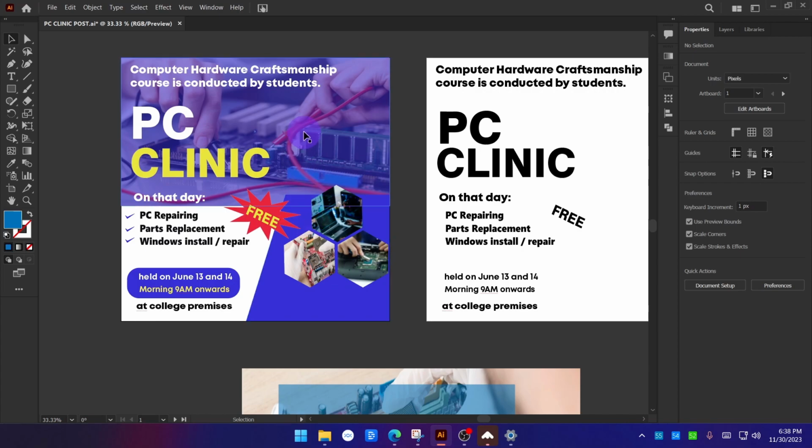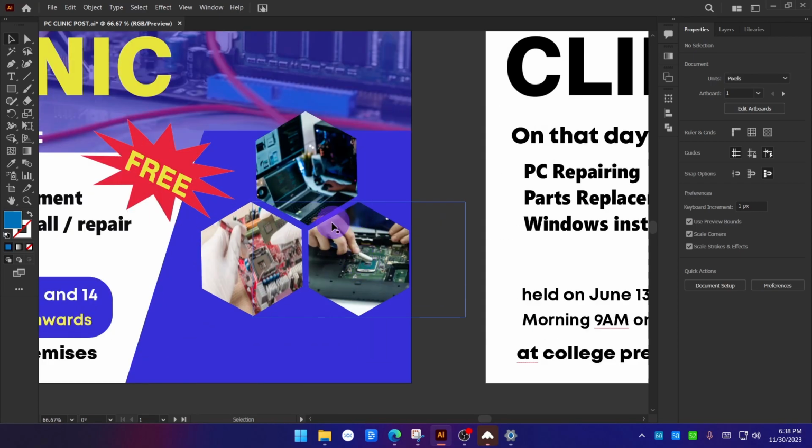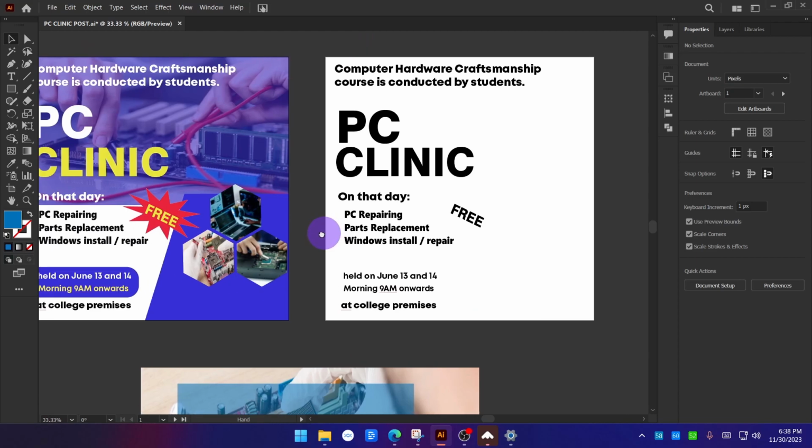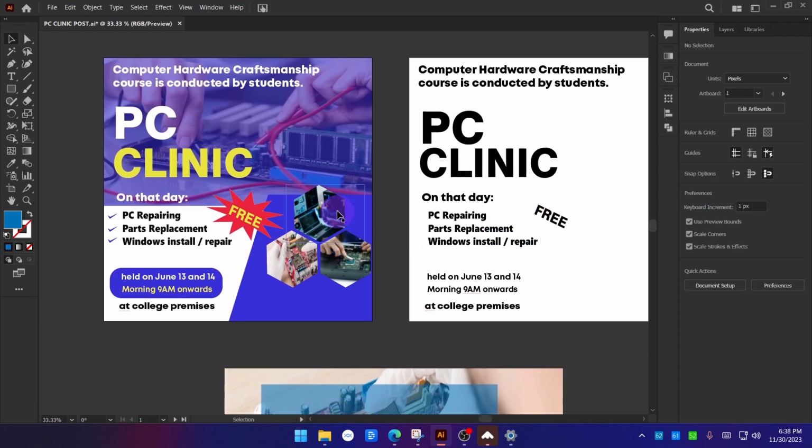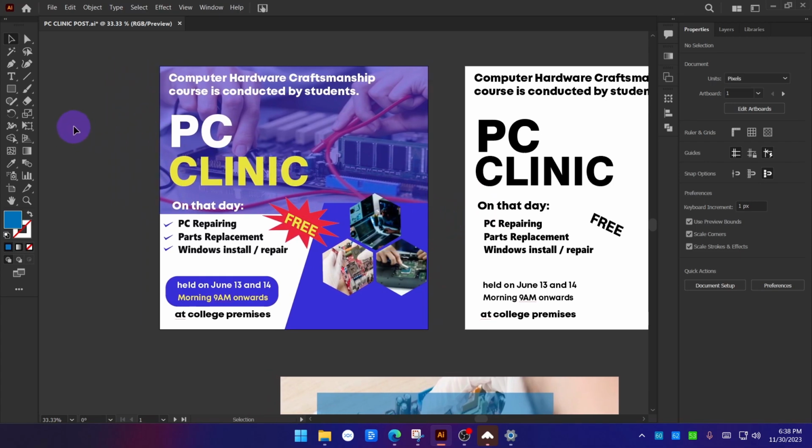I will maintain this polygon, which will be the theme shape or the main shape, even in our redesigned version. We will not completely redesign it, but will fix most of the errors that have been made here. Okay, so the first thing, if you look at this, when it comes to a post, always